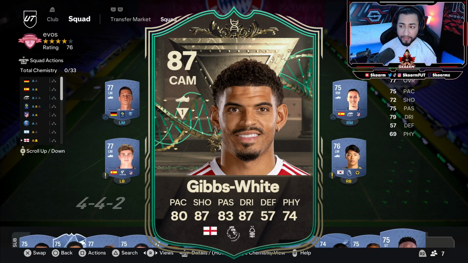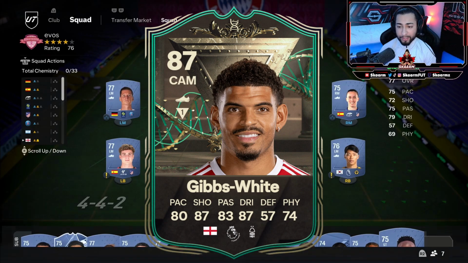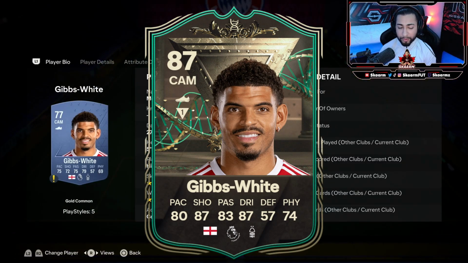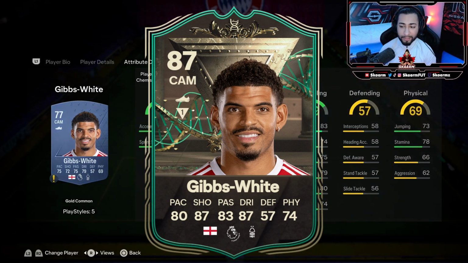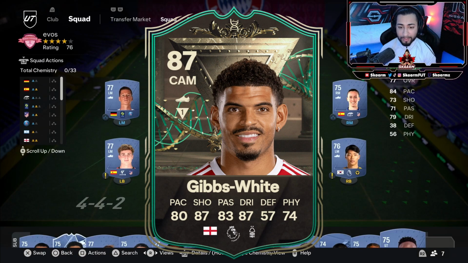Now we have Gibbs-White. I mean, he looks like a pretty solid option. I would probably consider playing this guy at the center mid or cam positions. I wouldn't really put this guy on the wing, but he does have some good stats. The only real issue I'm going to have with this card is, of course, if you play him center mid, he's going to lose that high defensive work rate, so I probably wouldn't do that, and I'd consider him only at the cam position. But of course, he also only has a 2-star weak foot, turning that into a 3-star weak foot. Agility is basically going to be maxed out though, so that's pretty interesting. And of course, there's not many English center mids and cams in the game. Really, all you can go for is someone like Madison, Ward-Prowse, and of course an option like Gordon,